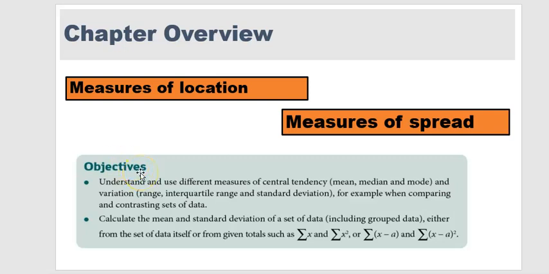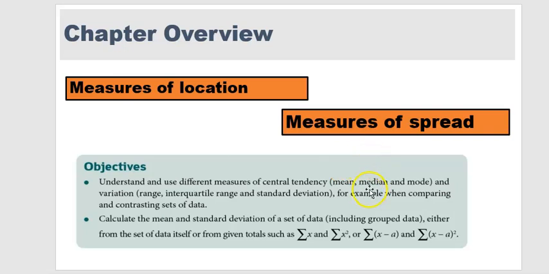Now, what are we expecting to do in this topic? Chapter overview. We have talked about measures of location in terms of the position of the data. We have talked about measures of spread in terms of how spread out or how scattered the data is. And again, the objective is for us to be able to understand and use different measures of central tendencies like